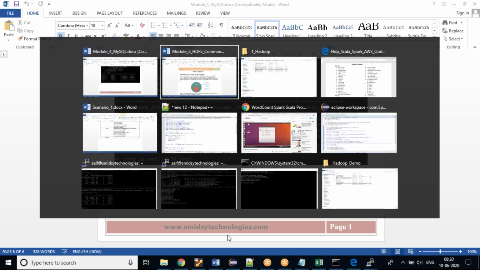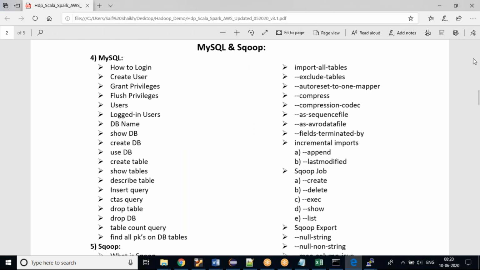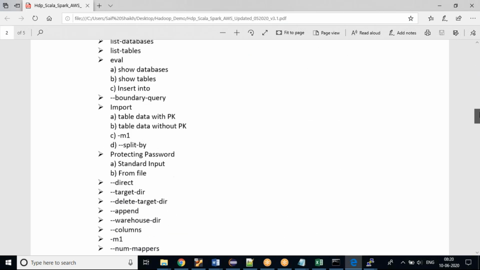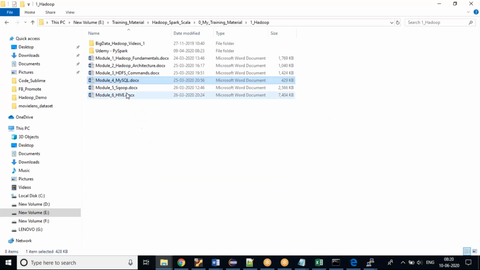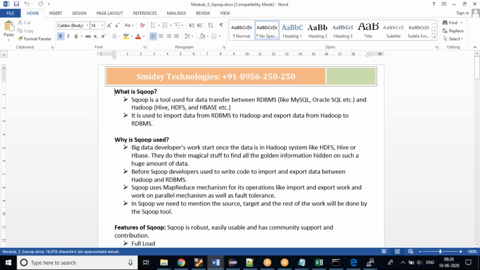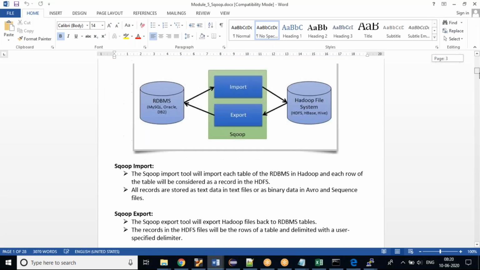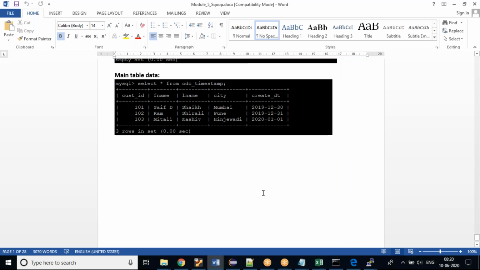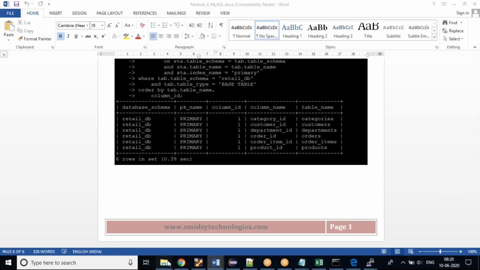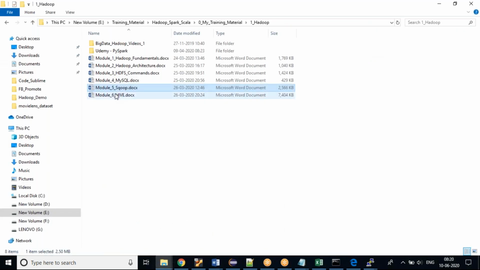And if we go with Scoop, there are a lot of commands which we need to take care of: how to import and export data. Again, here, I have prepared a Scoop documentation, which has everything documented with screenshots, how to write the commands, everything till the end. You will become proficient once you go practicing. Then you'll go for Hive.